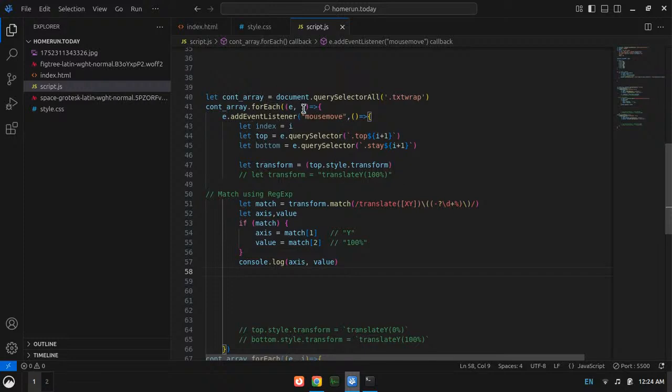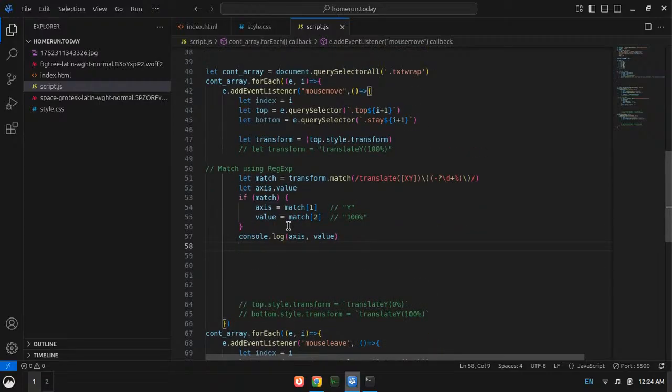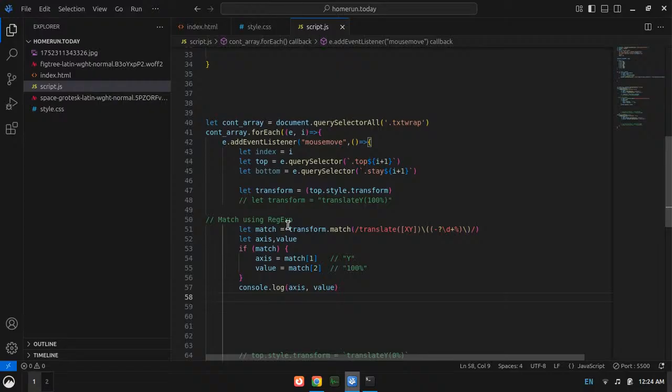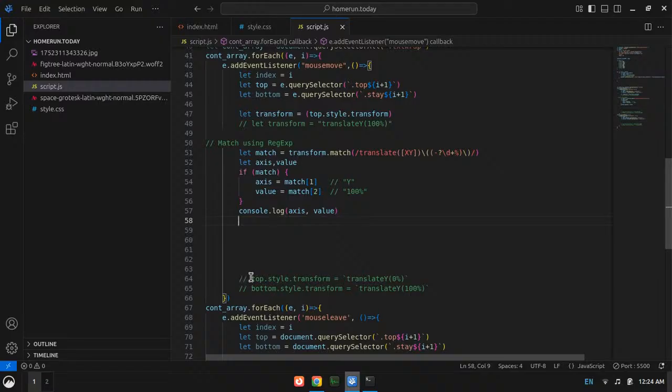For mouse move E, what did I do before? Top.style.transform and bottom.style.transform. What was the top and bottom? Okay, so I am going to copy this style and paste it here.